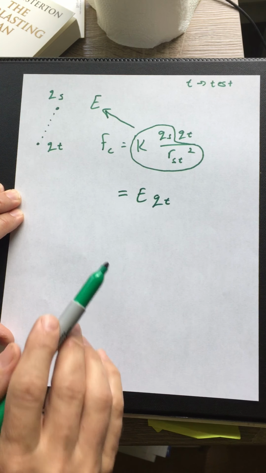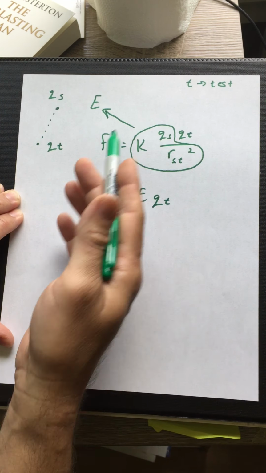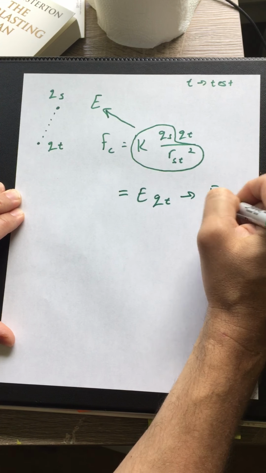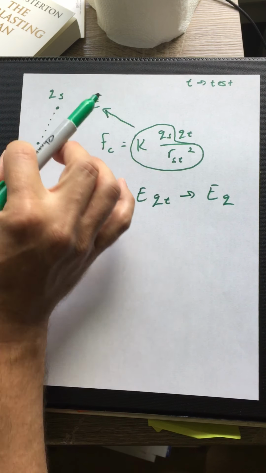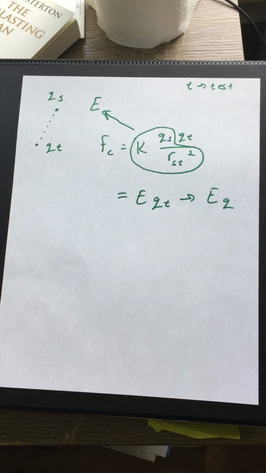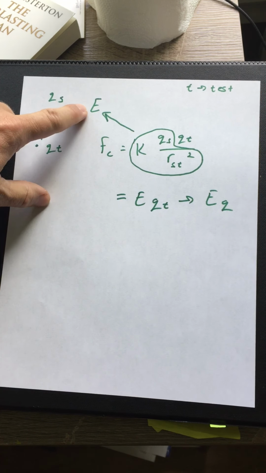And if I don't even need to know what the source charge is, if I was just given, here's this field, it has this value, right? I can dismiss the subscript and write this generally as EQ, as long as you understand that this Q is the charge you're placing into the field that existed due to some other charge, right? And we're just trying to get rid of the subscripts to make it all clean. So I can now write the Coulomb force as the product of some charge that I'm putting into an electric field. This is really, really handy because very often you don't know the actual charges from which the field arises,